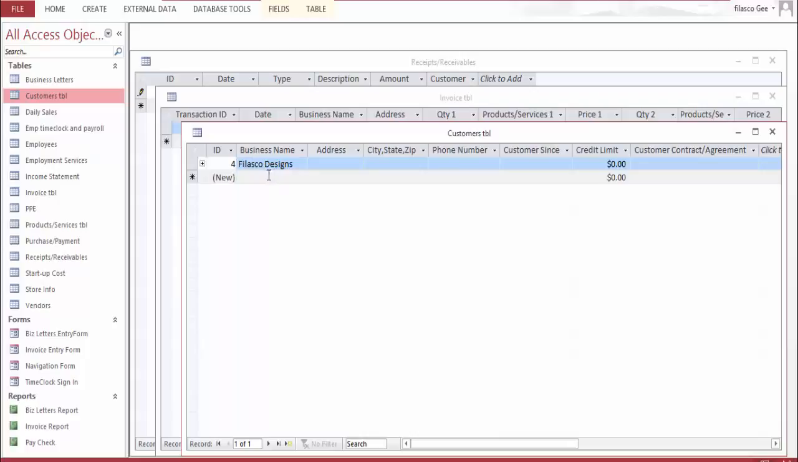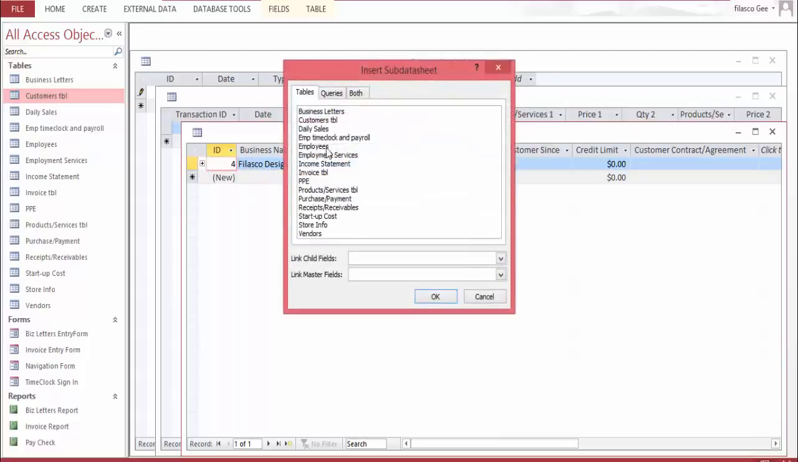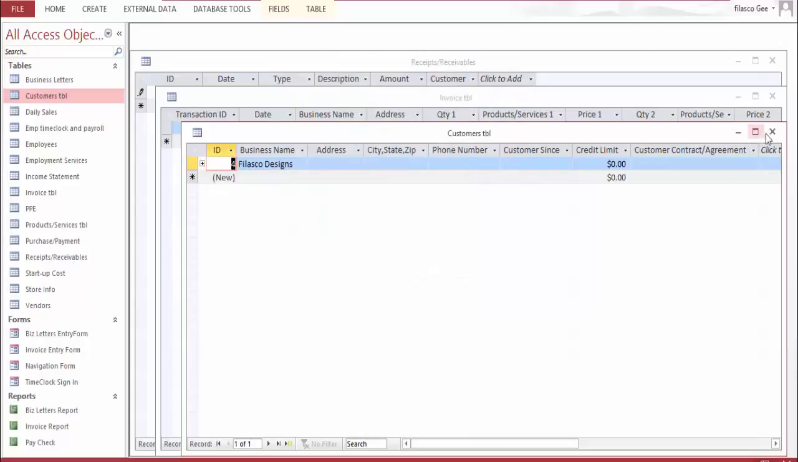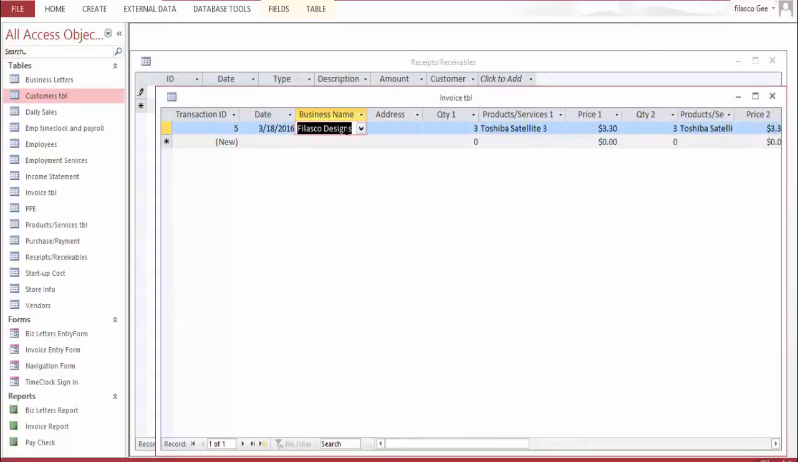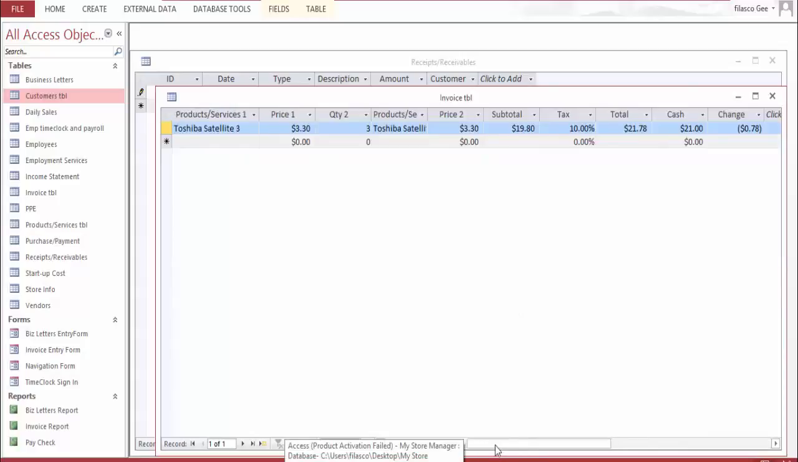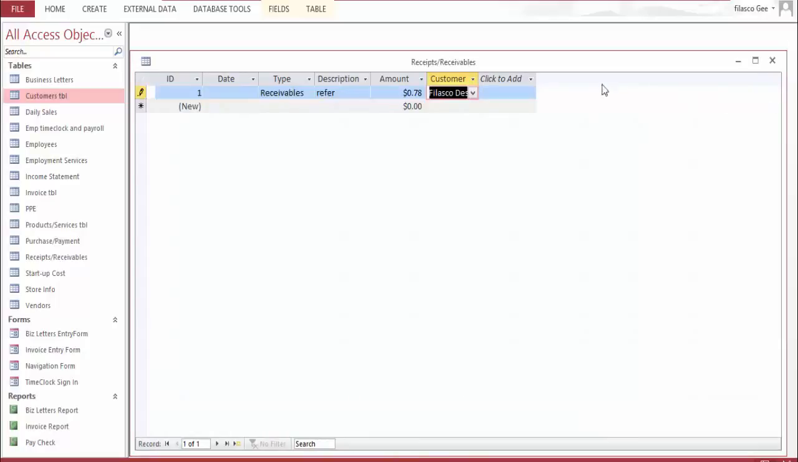I know I have a customer name. Look, I can go here and I can link all these tables to this customer. So I'll hit cancel for now, and I'll close this. And now let's go to ID 5, so let's say we can make another purchase. So ID number 5. He owes us 78 cents, which can become a receivable, referred to